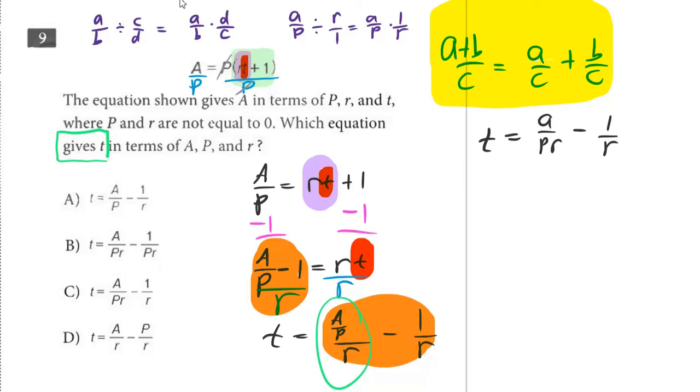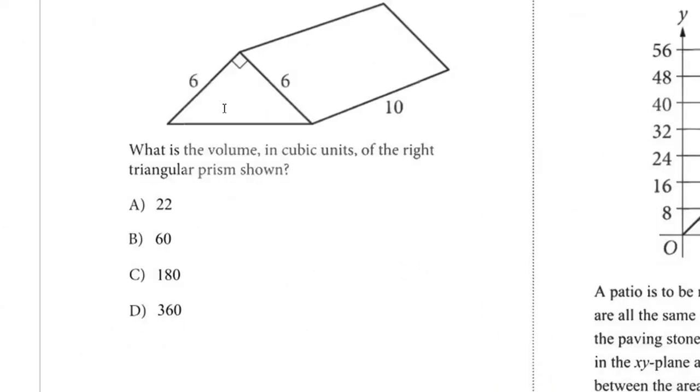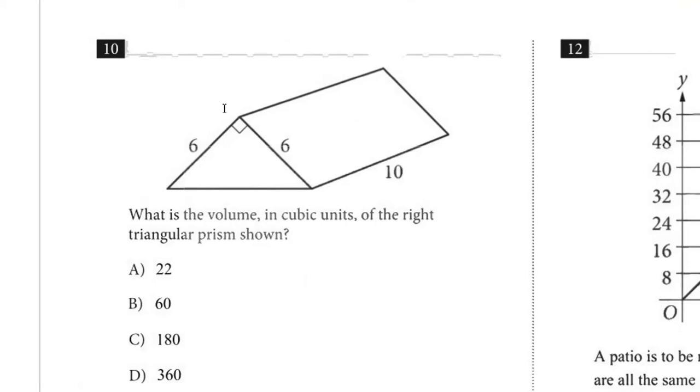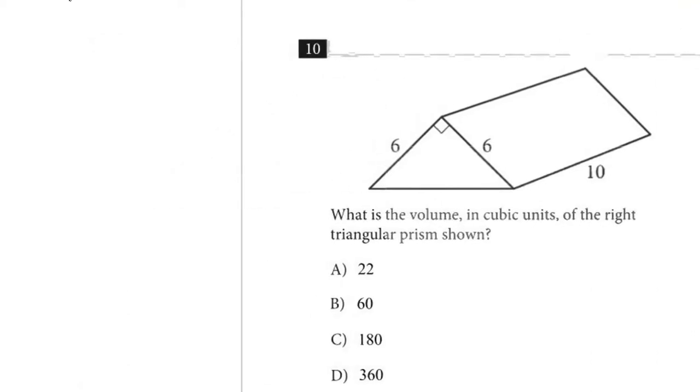And that matches answer choice C for number 9. Now we're going over to question 10. 10 is asking us for the volume of a triangular prism. Now, what is a prism? A prism has the same shape on opposite sides,